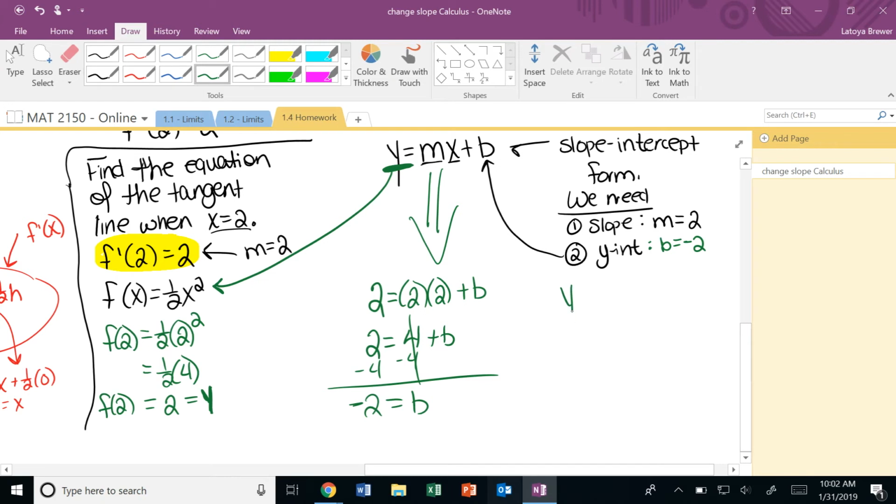So the equation of that tangent line when x is equal to 2 is going to be mx plus b, which would actually be plus a negative 2. But I'm just going to say minus 2. And I promise you that if you were to graph this,